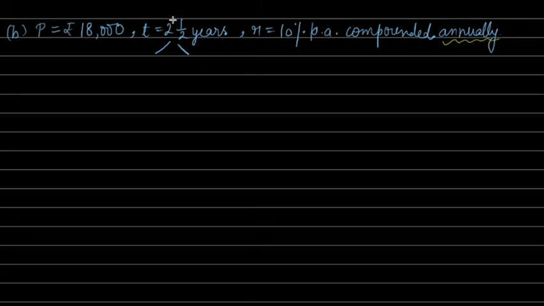Here the important thing which you need to notice is the time. It is 2.5 years, right? And you have to calculate annually. So for 2 years we can calculate annually, but how to calculate annually for half a year? For half a year we cannot calculate annual interest because it is only 6 months. So whenever time is given as a fraction, for the whole number we always calculate compound interest, and for the fractional year, which is 6 months in this case, we will be calculating simple interest.